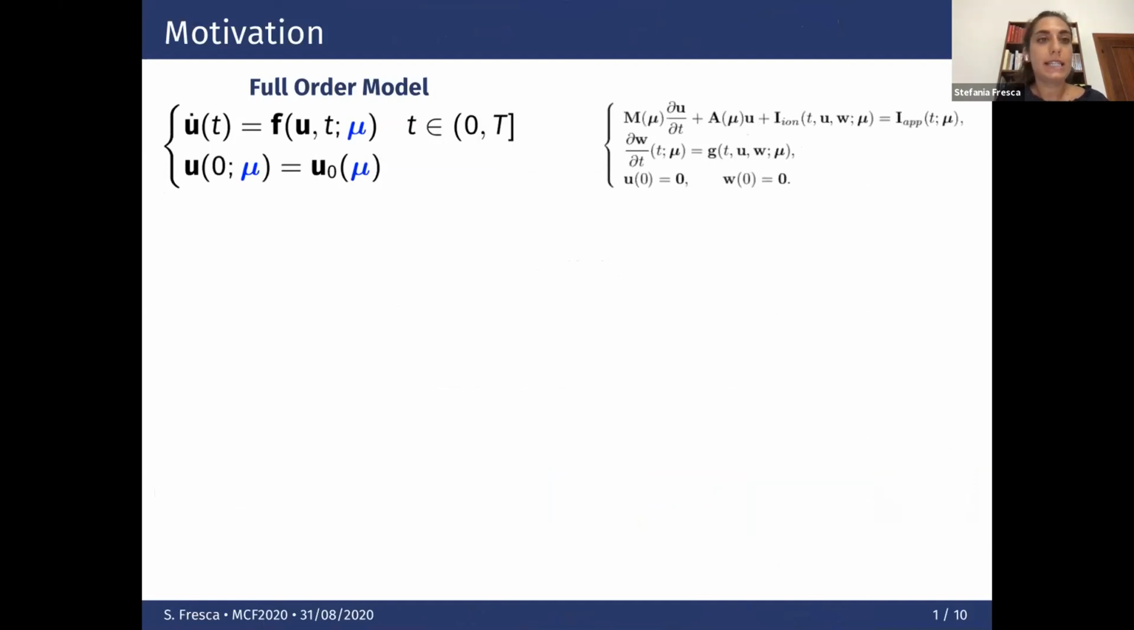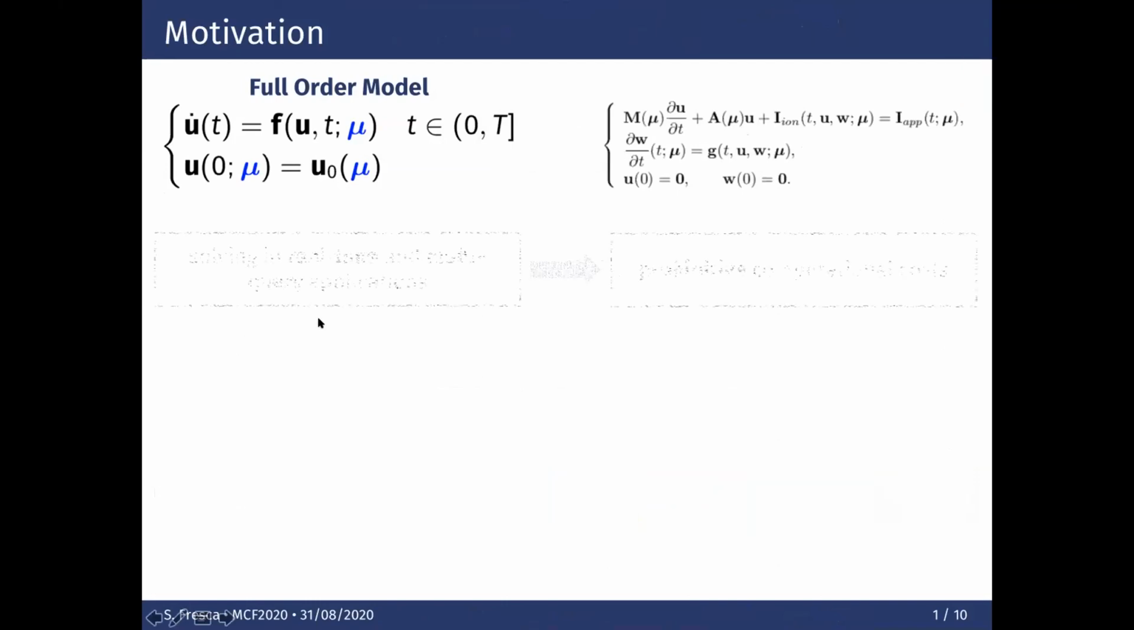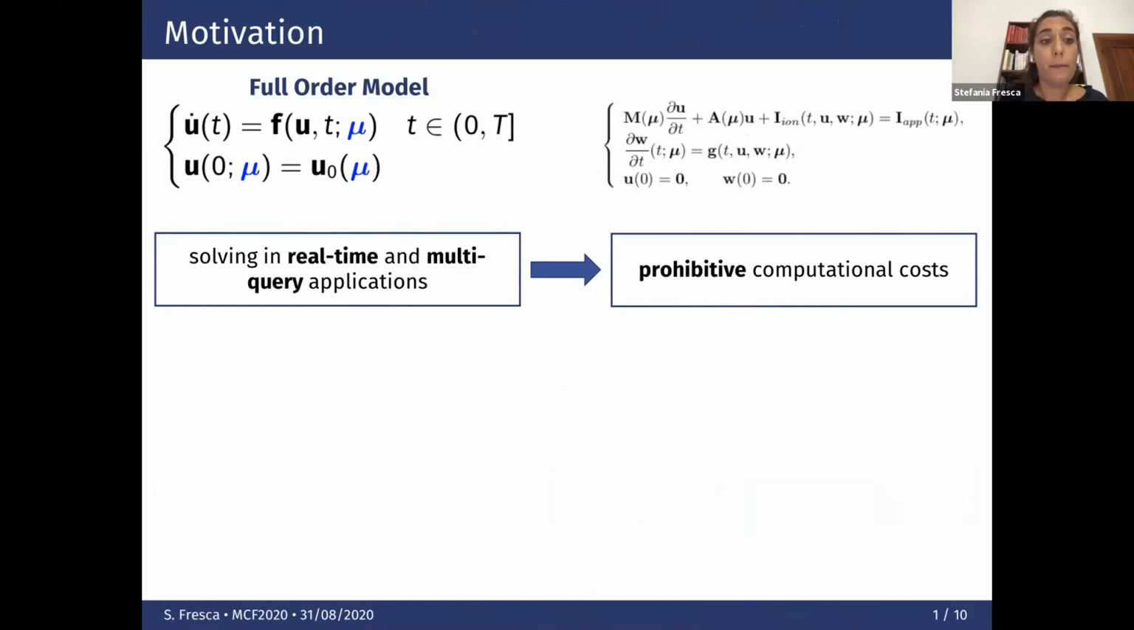We are interested in solving a full order model expressed as a parameterized dynamical system. This may arise from the discretization of PDEs like the monodomain or the bidomain equations. Solving the FOM in two contexts, real-time and multi-query applications, entails prohibitive computational costs when the dimension of the FOM is large. Model order reduction, or reduced order modeling, aims at replacing the FOM by a reduced order model showing a